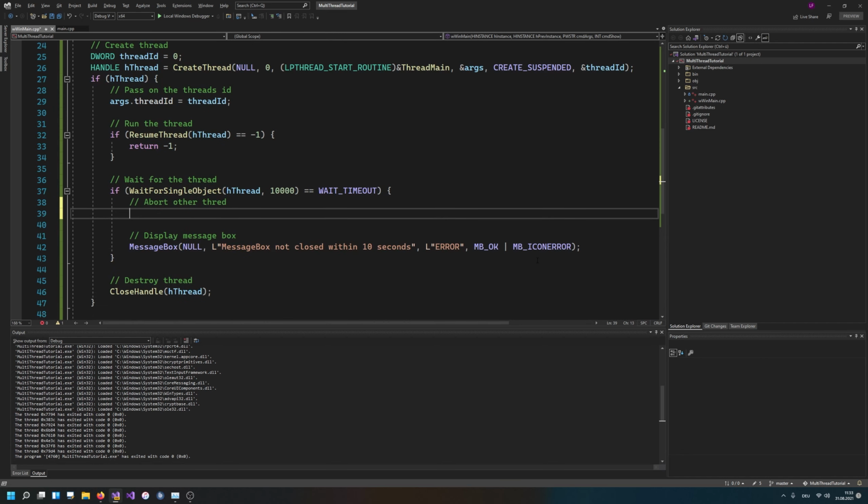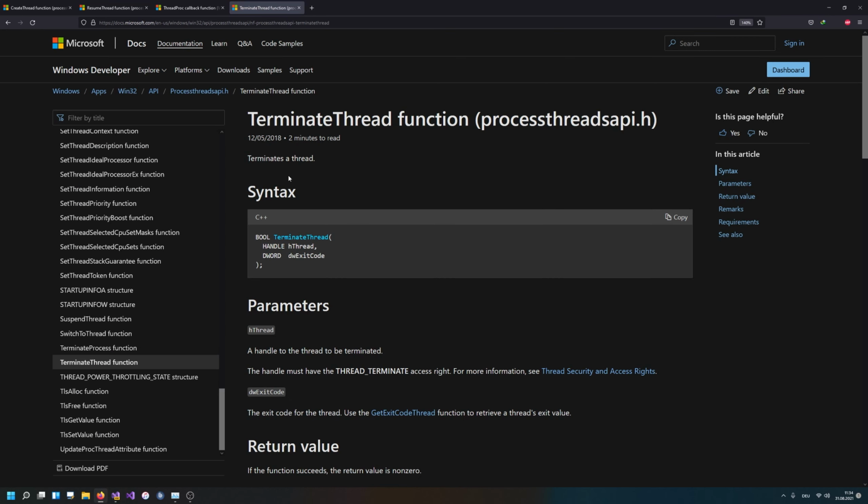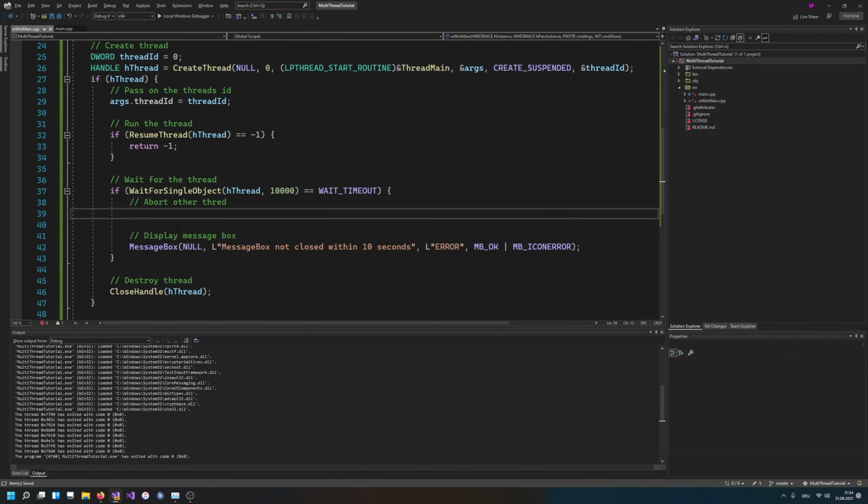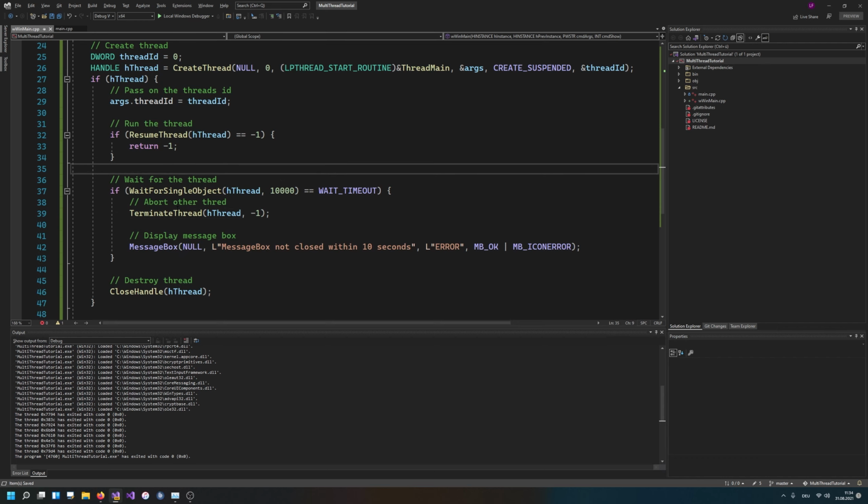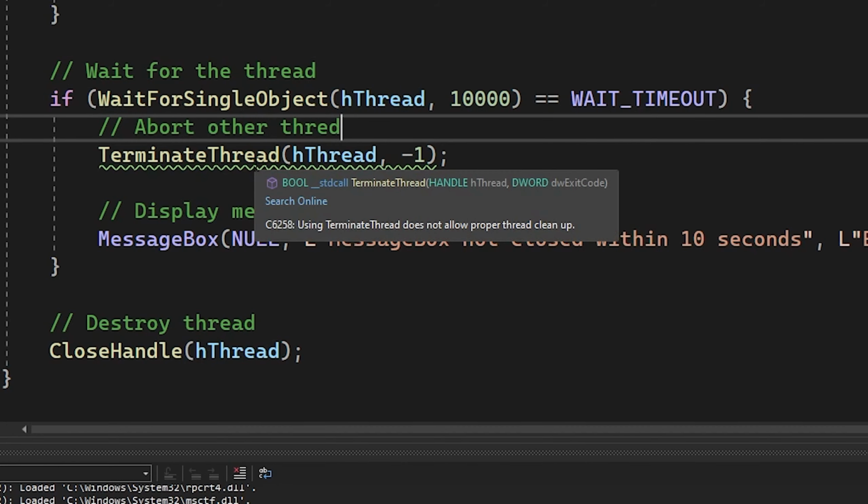Let's see if I have this function in mind. Abort thread or destroy thread. Alright, no, I need to take a look at this function. Okay, it's actually terminate thread, and you can force terminate a WinAPI thread here. So I'm going to say terminate thread, h thread, and I'm going to exit the thread with code -1. This will be caught by the Windows compiler with an issue here, because using terminate thread does not allow proper thread cleanup. Yes, I know, but